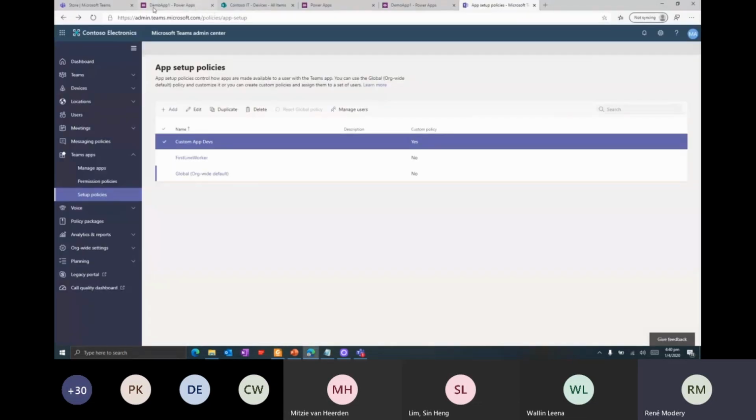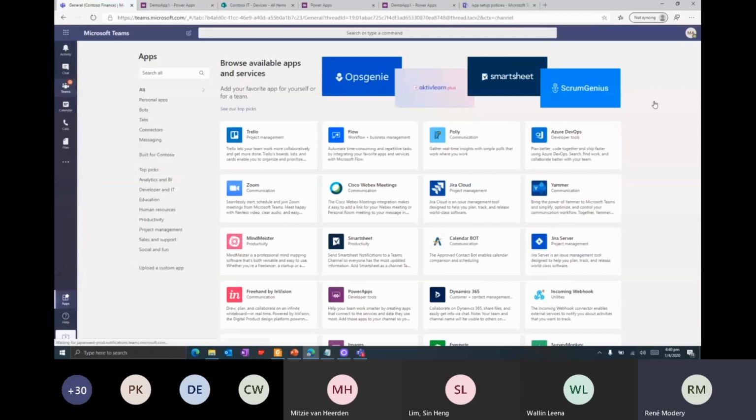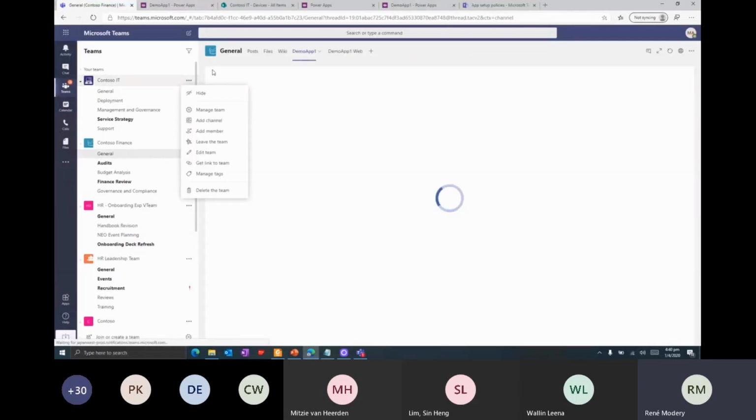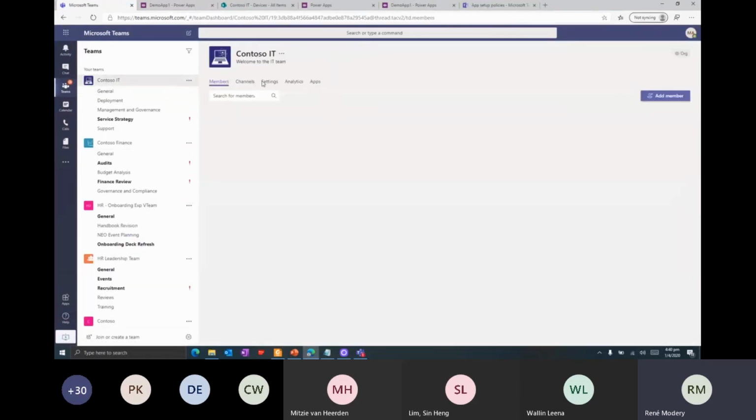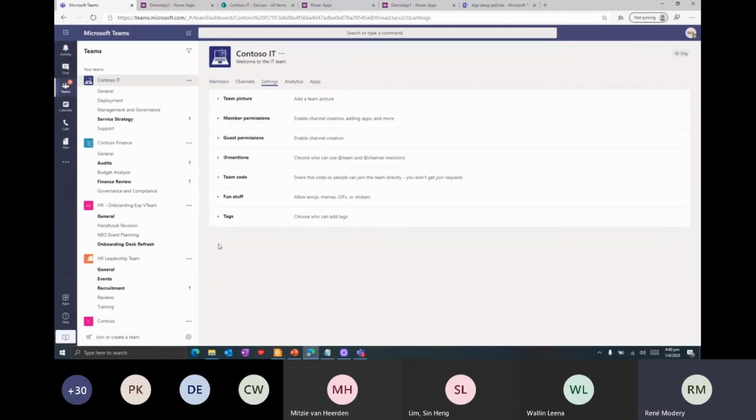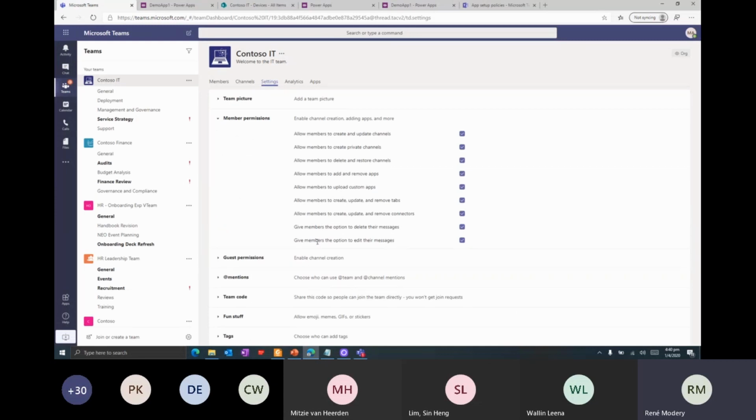The other policy I quickly wanted to mention is as a team owner. Let me just see if I go in here. No, it's not. And the permissions. What you sometimes also want to do then is here allow members to upload custom apps. That's the one I was looking for, right in the